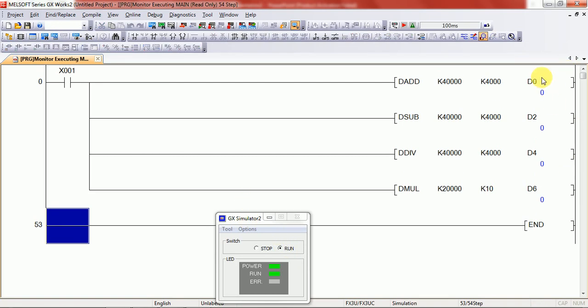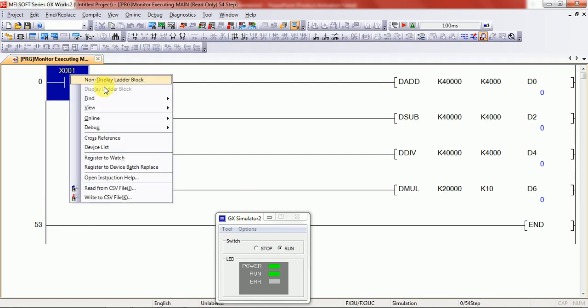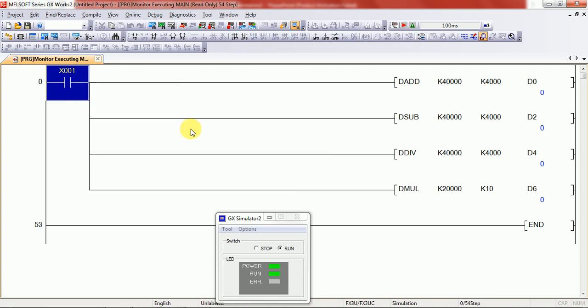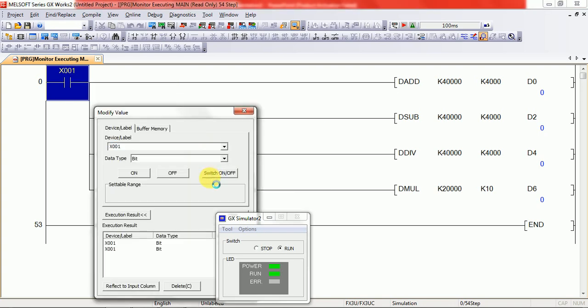At this time all the data registers have 0 value, and you can see all answers are okay. 40,000 plus 4,000 equal to 44,000, 40,000 minus 4,000 equal to 36,000, and the same division is equal to 10, and multiplication is also okay.